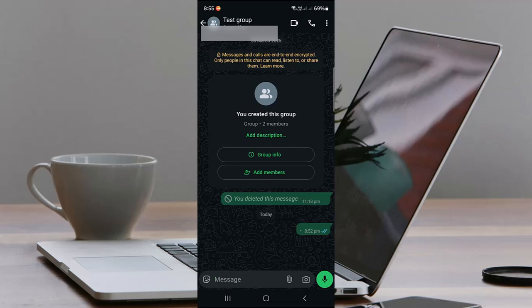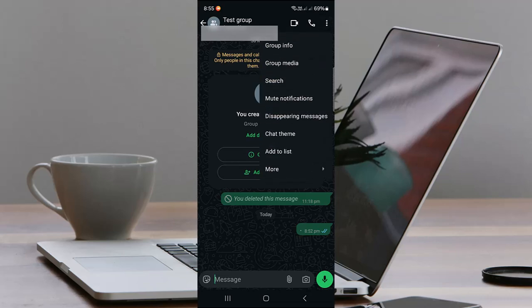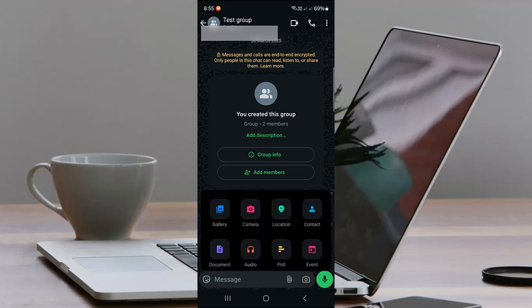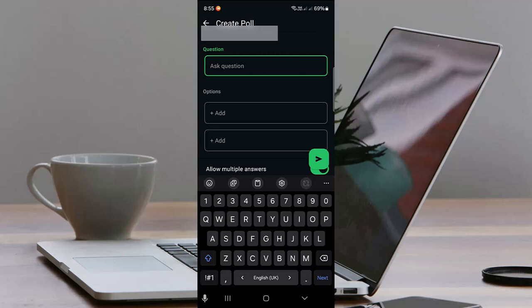Then tap on the three dots on the top right, and in here just go to... if you can't find the poll option there, then just tap on the paperclip icon just beside the camera icon, and here you will find the option of poll just beside the event option. Tap on poll, and here ask a question like A, B, C, or D,